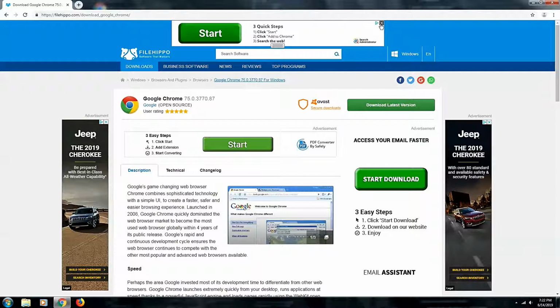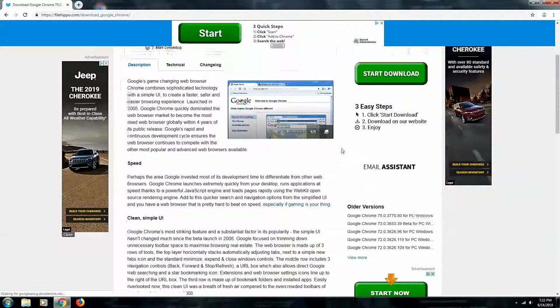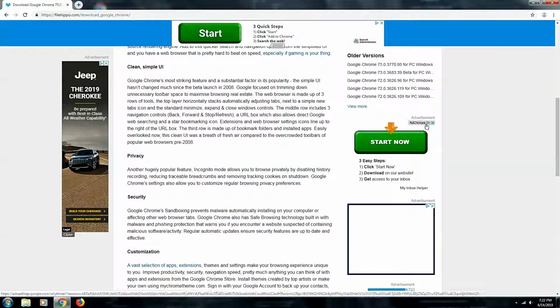As you can see, we are able to spot a couple of advertisement buttons here. And I do suggest that you avoid these buttons as much as you can. To begin with, search for the word advertisement with the mark X on the upper corner,